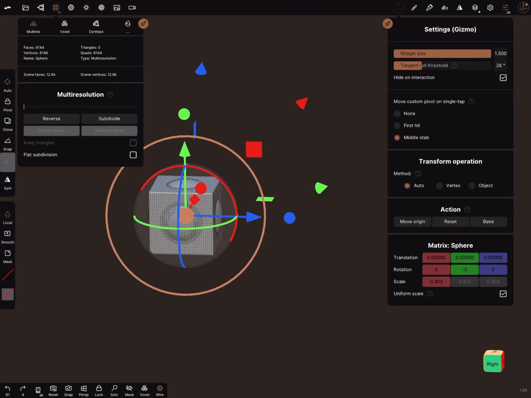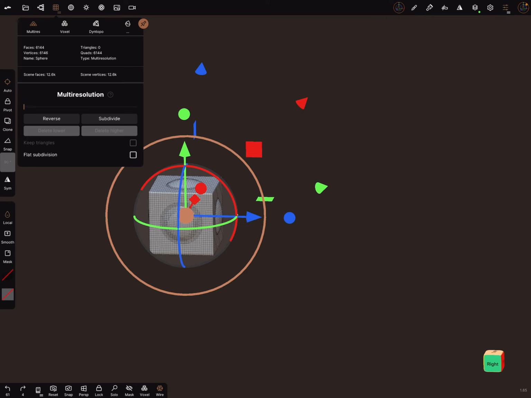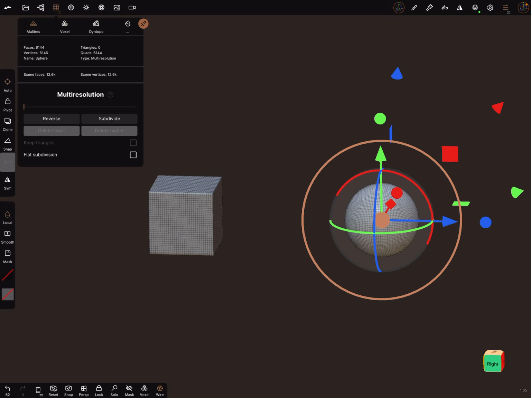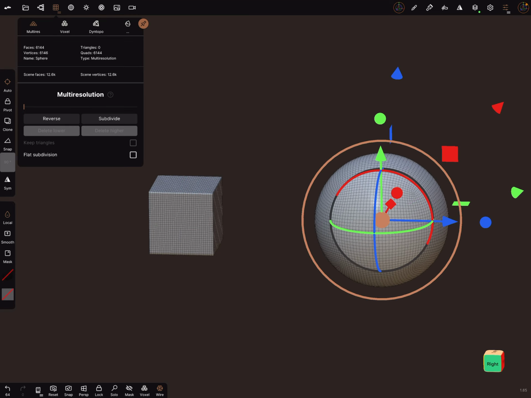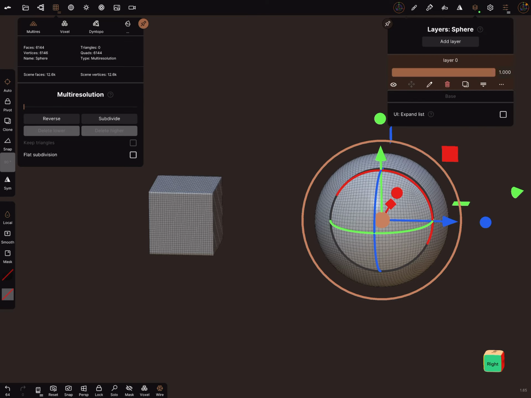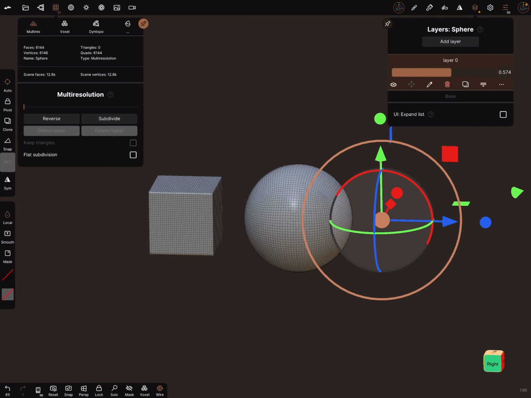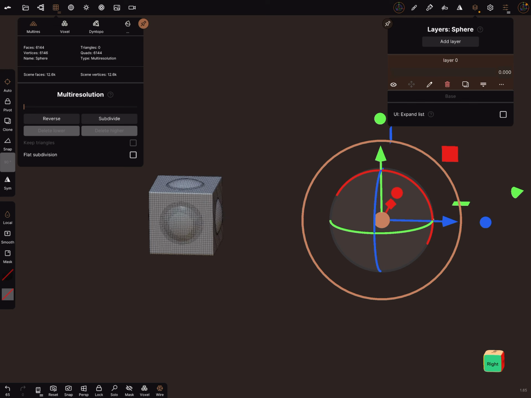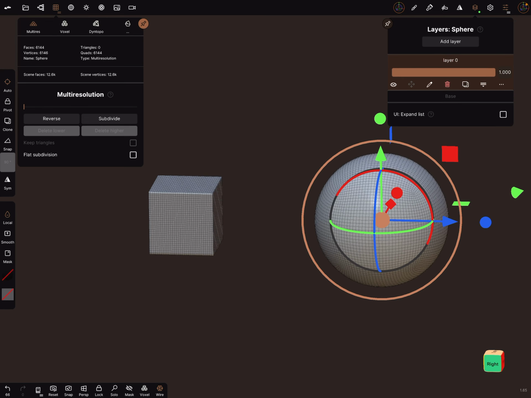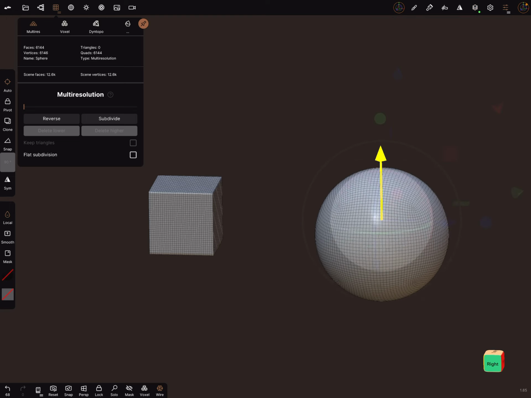In the Gizmo settings, there's a transform operation method. Choose Vertex. Now every movement of the Gizmo is recorded. Let's go to the layers. And now you see, okay. You can bring in another layer, add a layer, and